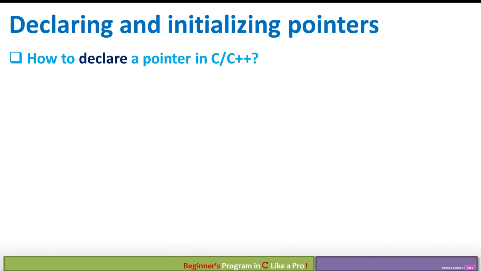How do you declare a pointer in C and C++? As you can see in this example, I'm right now declaring an integer pointer. So P is a pointer to integer. You can read this from right to left, by the way, or you can say integer pointer P. Unfortunately, the C++ language did not introduce a new keyword for pointer, so they just use the asterisk.